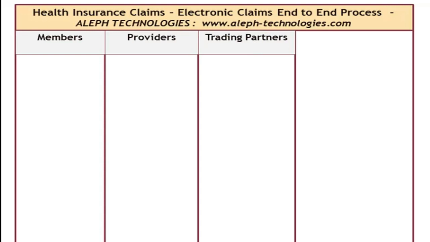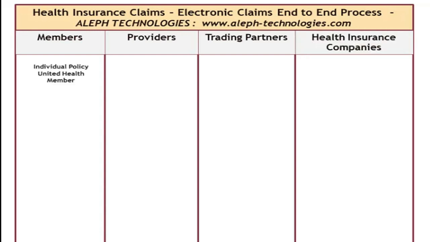You have MDON. MDON is also a clearinghouse and a trading partner who specializes in payment transactions like 835 and such. I used to work for a company called SDS, a very small company based in the Midwest. These companies specialize in EDI transactions. They take the EDI transactions from the doctor's office and the hospitals, massage the data, and send it to health insurance companies, right? So now we have health insurance companies here. There are different ones: you have United Health, Blue Cross, Aetna, and so many companies out there who provide